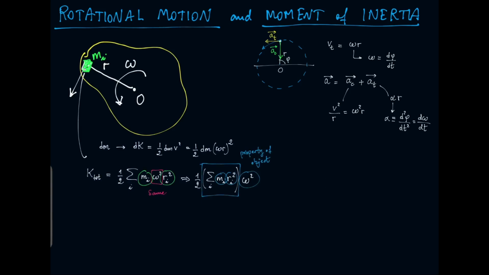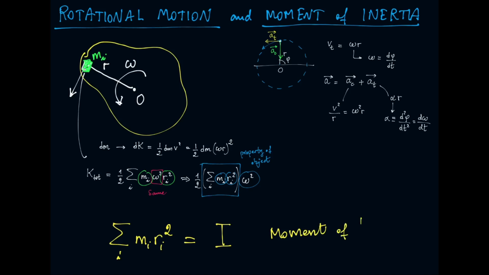This object that I'm going to rewrite just now, the sum of the masses that my system is made of and their distance squared from the center, the rotation axis, is called capital I, and it's the famous moment of inertia,